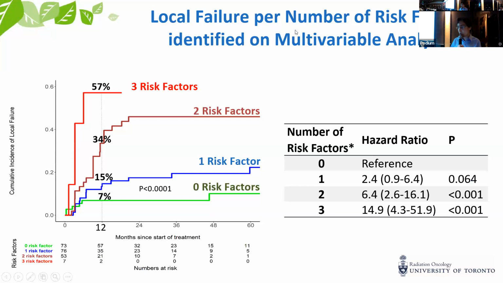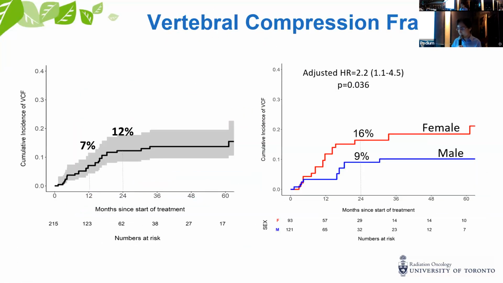When we stratify local failure per number of risk factors identified on MVA, we see that the local failure risk at 1 year was 7% for those with no risk factors, 15% for one risk factor, 34% for those with 2 risk factors, and 57% for those with all 3 risk factors for local failure. The vertebral compression fracture rate at 2 years was 12%, and female sex was the only predictor for increased risk